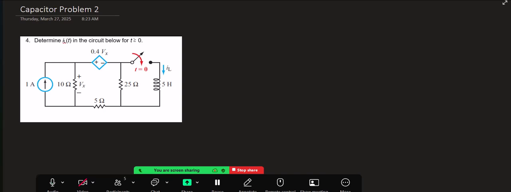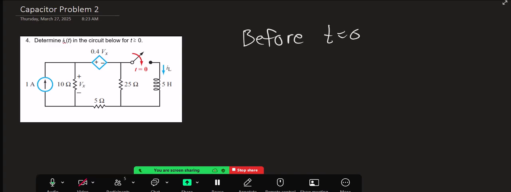Like at t equals 0, because we always have to have that information. And for an inductor, you'll be looking at current. For capacitors, you'll be looking at voltage. And so before t equals 0,